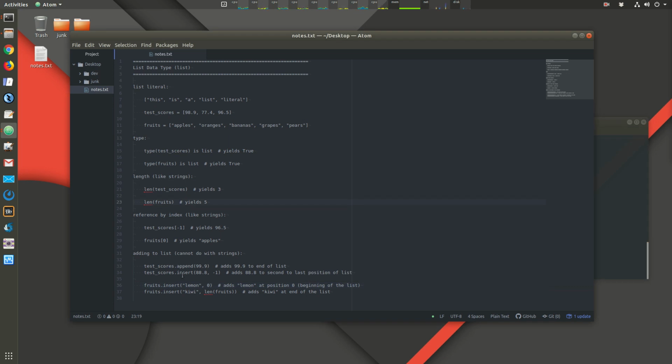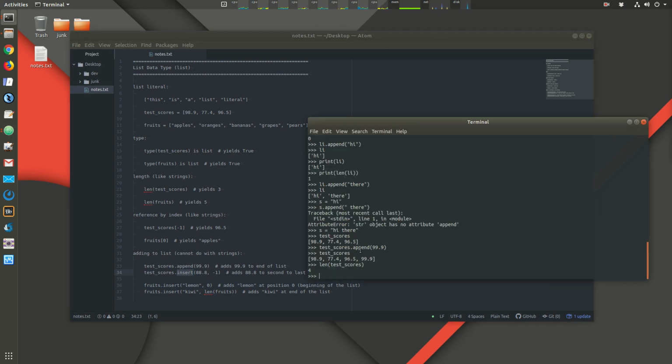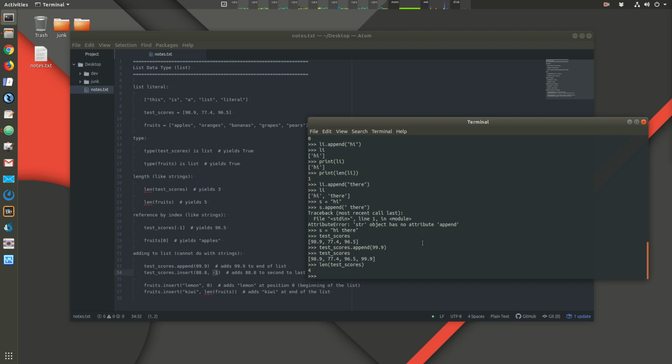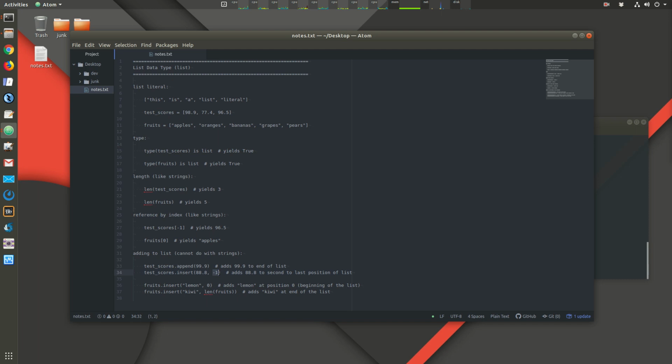We can also insert items in our list. Append always adds it to the end of the list. What if you want to add something at a different place? This is the position in which you would like to add the next item. You can think of this as kind of when we were talking about slices. Slices come before the index. So this is going to add it at this slice position. And if we look at the slices again,